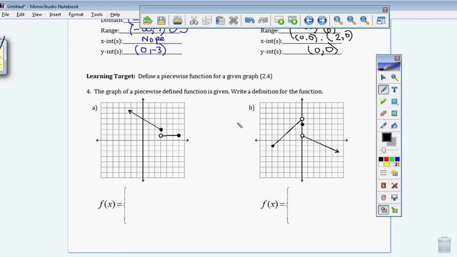Remember we said they're going to be linear functions. So we are going to have to define, which just means write, this piecewise function for a given graph. There's many ways to go about this, different orders you can do. I mix it up. So first of all, I do see that something is happening right here on this one,